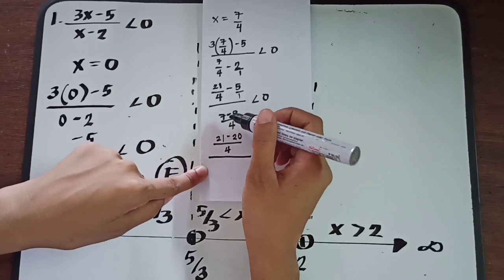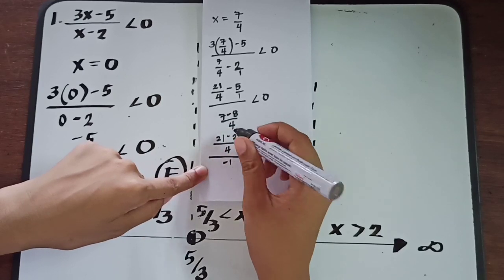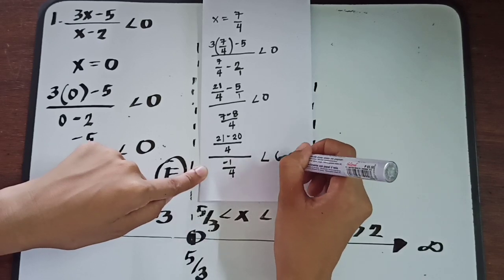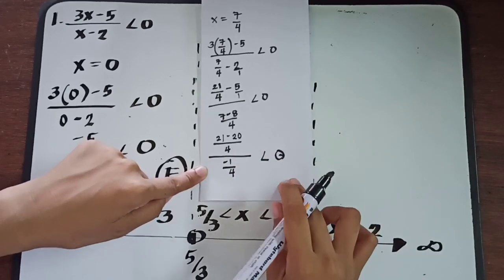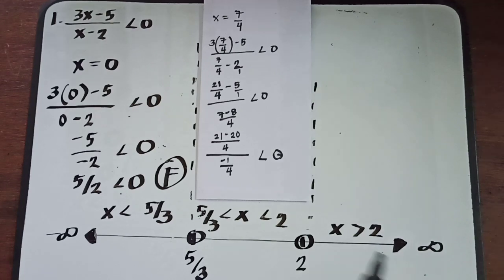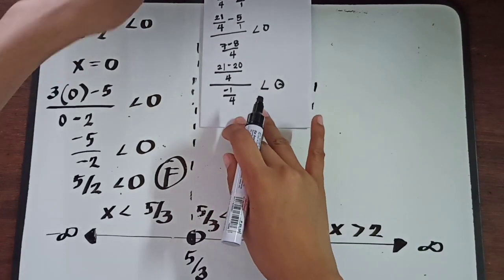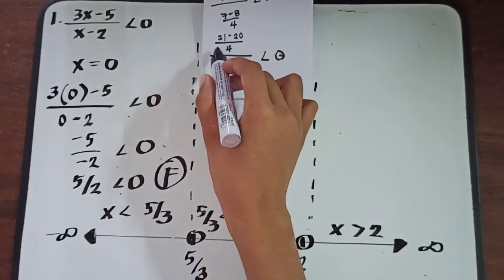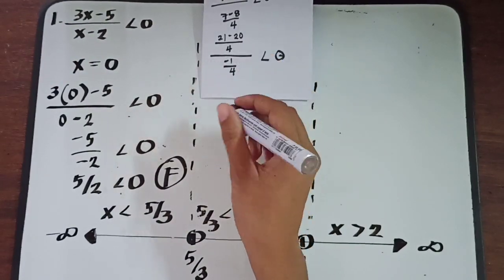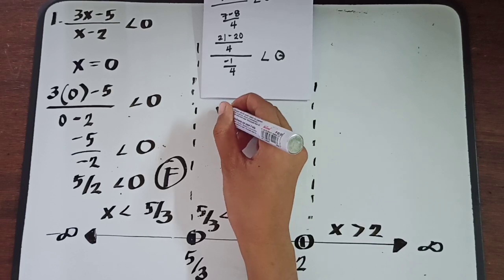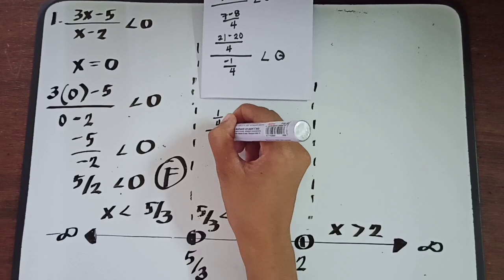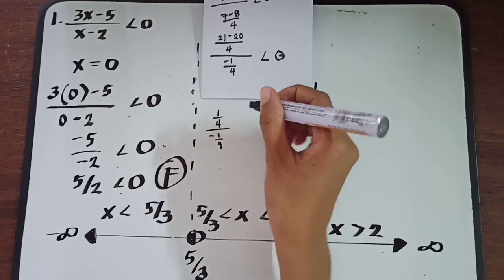Over 7 minus 8 is negative 1 over 4, which is less than 0. Okay, so just simplify. And this 21 minus 20 over 4 is positive 1 over 4, all over negative 1 over 4,